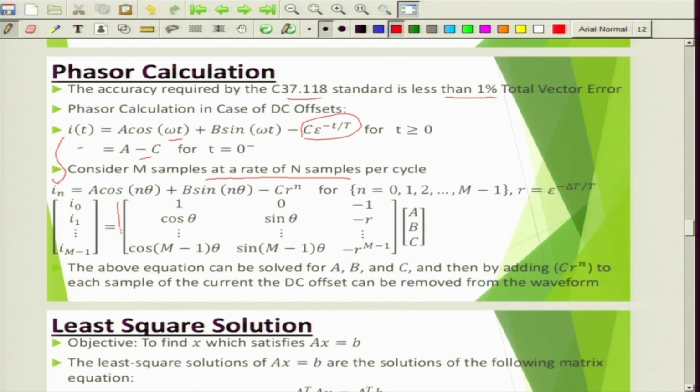This is the matrix multiplied by these coefficients a, b and c. So, the above equation can be solved for a, b and c, and then by adding c of Rn, which is a DC component, to each sample of the current, the DC offset can be removed from the waveform. Basically, we are trying to estimate. One is the actual value of the sample data that we are receiving, and we are also estimating,